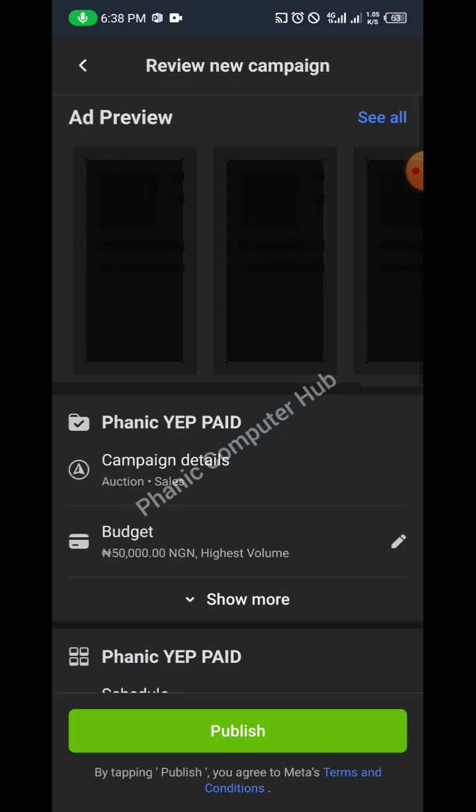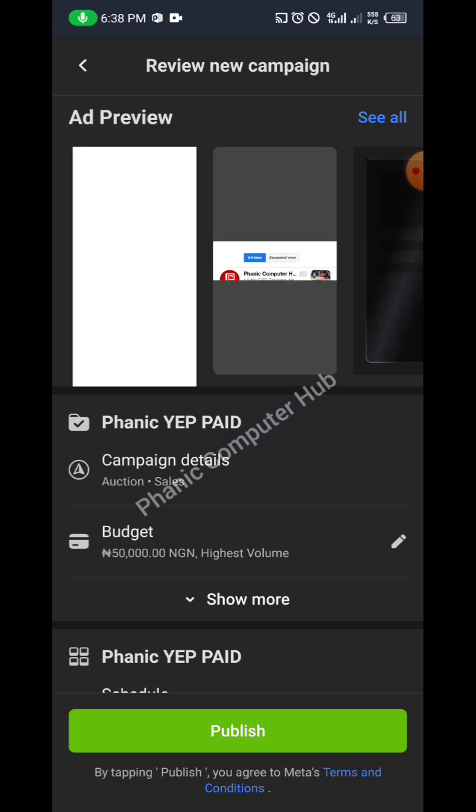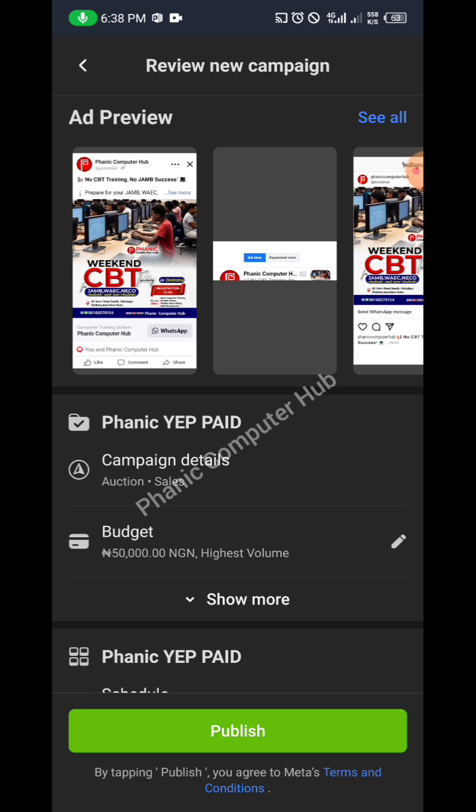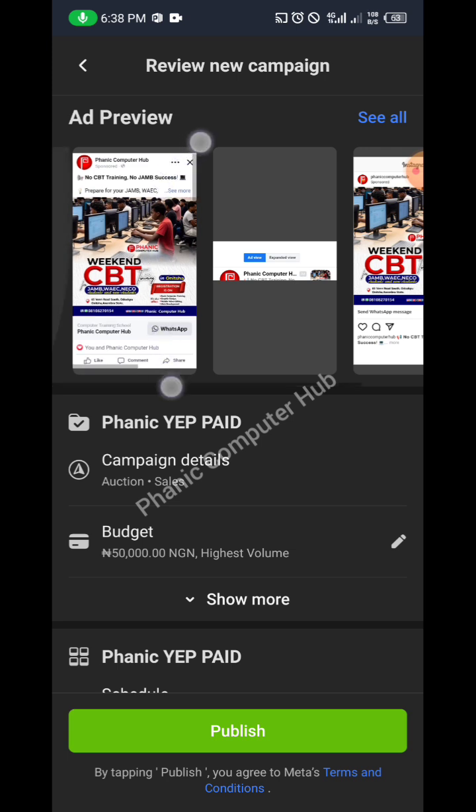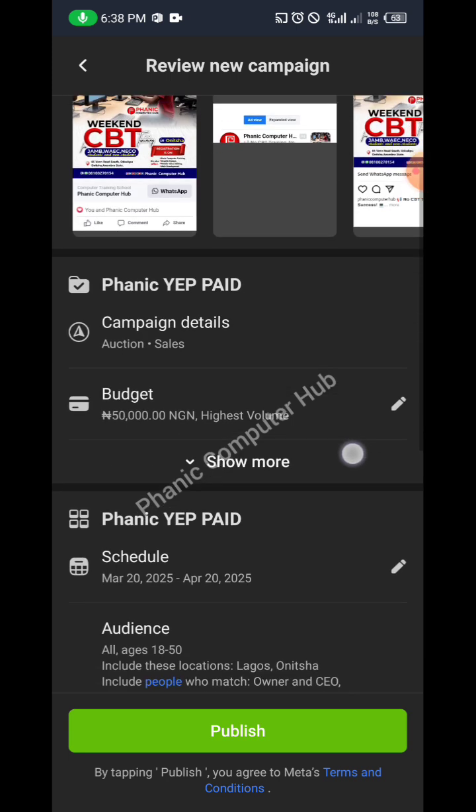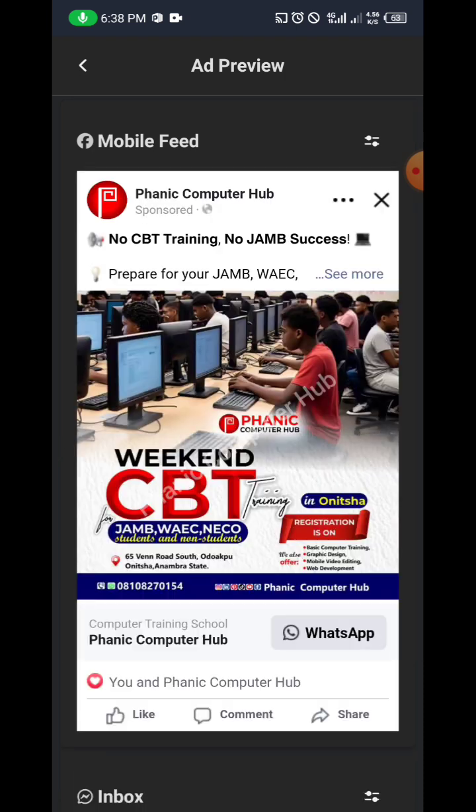So anytime you finish setting up your ad, please click on preview. Preview just displays how your ad will look, how people will see your ad. So you yourself should be able to see it first before publishing it, before putting it online. You should be able to see how it is. If you don't like it, then you make changes. So I can decide to click on this. Okay, I want to see it bigger. Click all. I'll select all